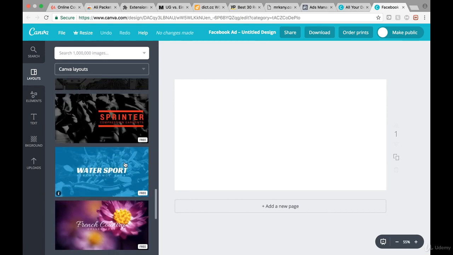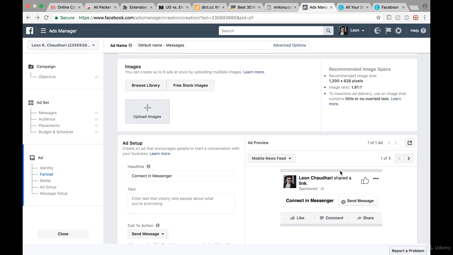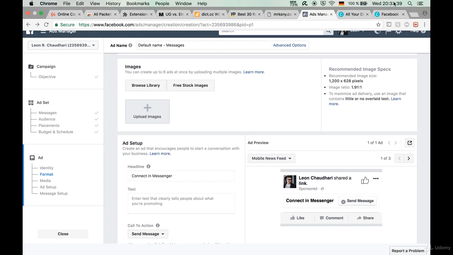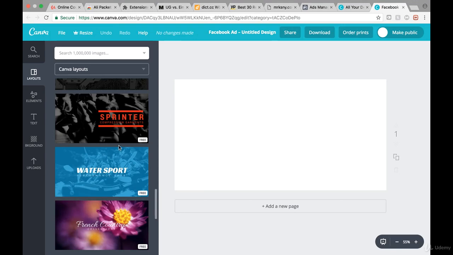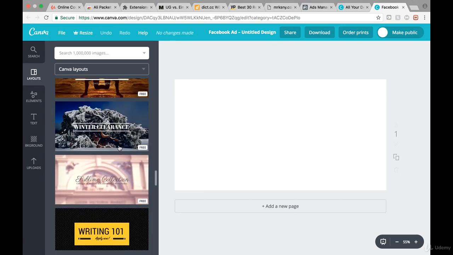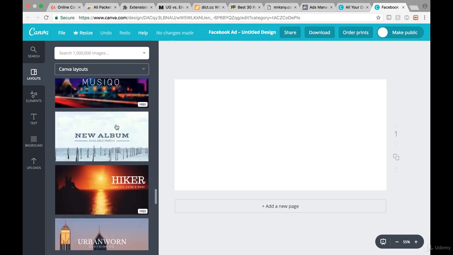But what we really want is for people to just click on the button to open a message. So we want people to get in contact with us as soon as possible. And when we put an image in here, we need an arrow or something like that going to the right lower corner to send a message, so that people send us a message.